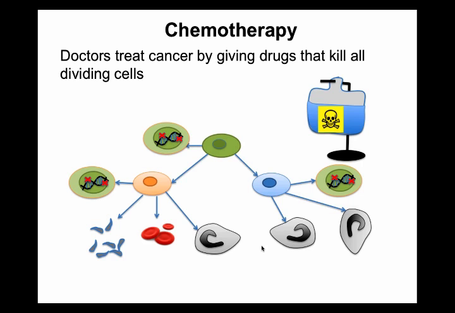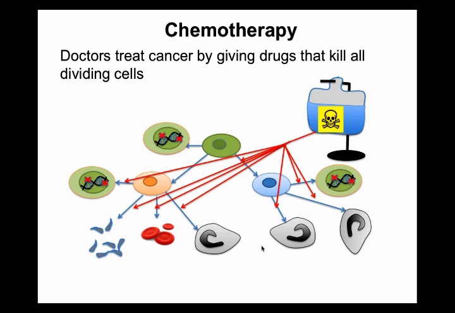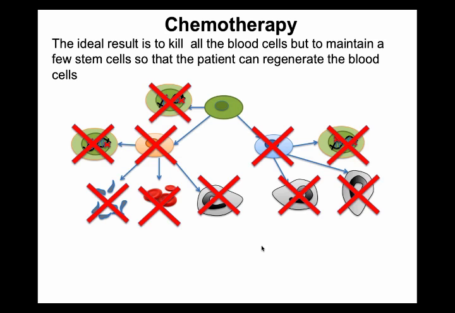What doctors can do to fight this cancer, like other types of cancer, including leukemia, is to use strong drugs that attack all the dividing cells. It should be noted that all dividing cells, not just the cancer cells but also normally dividing cells, are affected by these drugs. The objective of this treatment is to wipe out all the cells resulting from division, but leave some stem cells that can then replenish good cells.